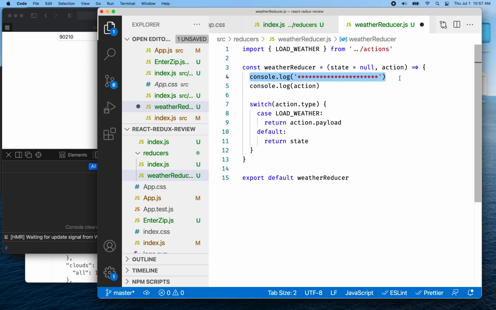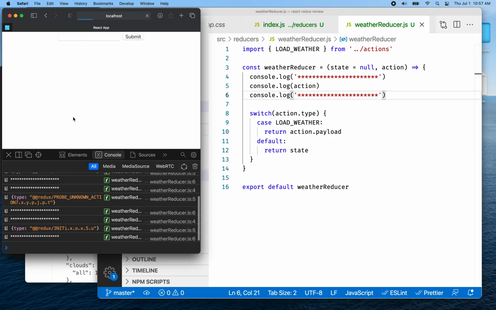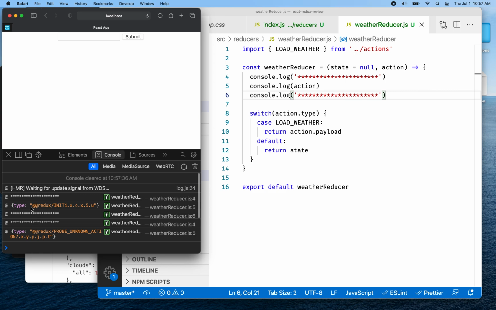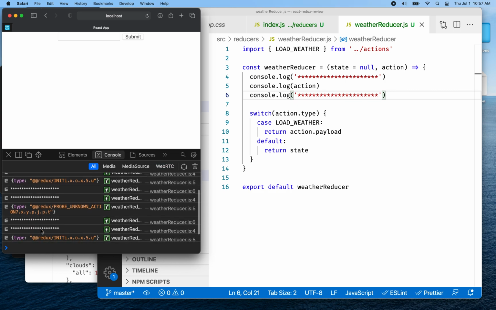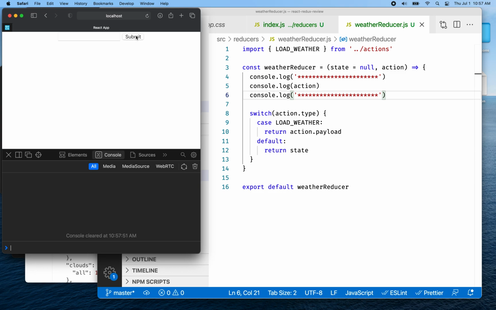Just put a line of stars there, and I'll put some below here, and then we'll be sure to spot this action. So let me run that. Let me refresh this. Oh yeah, there we go. So that's kind of working. Now when Redux boots up, it actually runs your reducer a couple times, and it passes this weird thing in here. I don't know what this is, but it's just checking out the reducer and initializing it, right? So let's clear all that and then type in 9021